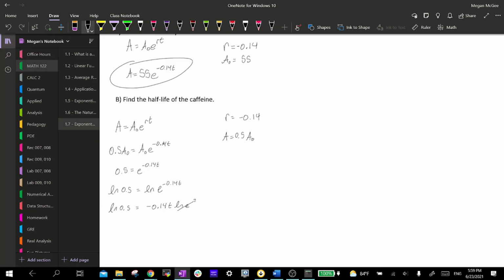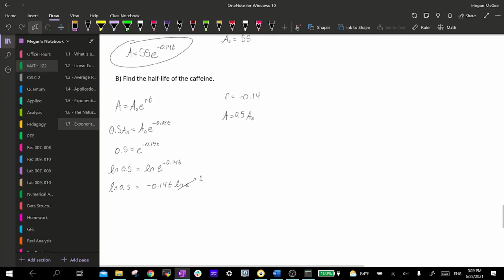We know that the natural log of e is equal to 1. So now we have the natural log of 0.5 is equal to negative 0.14 times t. We are solving for t, so we're going to divide by negative 0.14. And that's going to give us that t is approximately